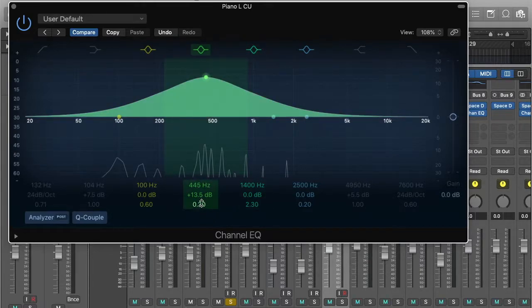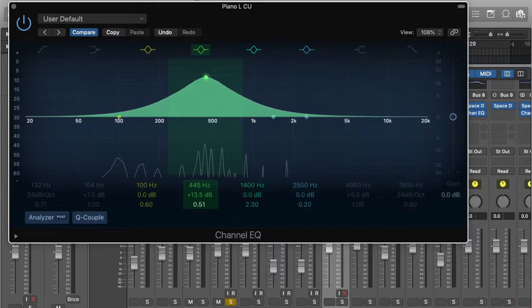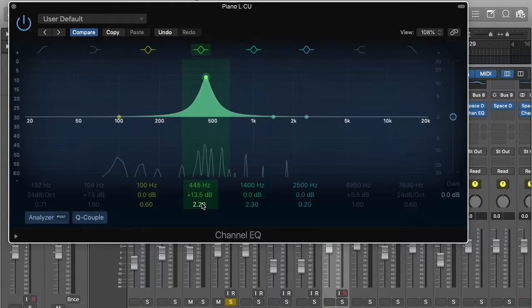This is adjusted through this feature here, the 0.30. If I bring that to be higher, it will get more and more narrow. Now what this allows me to do is I can then sweep across and find a sound that I want to boost, or maybe a sound I want to get rid of. So if I hit play,